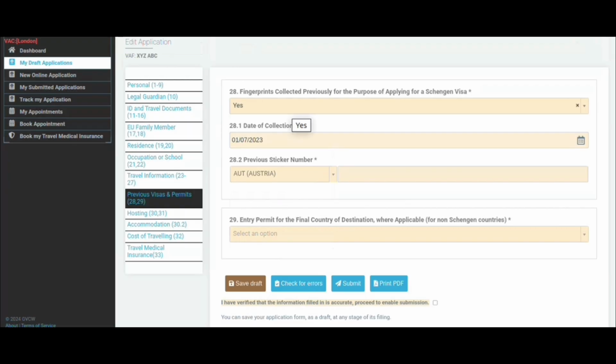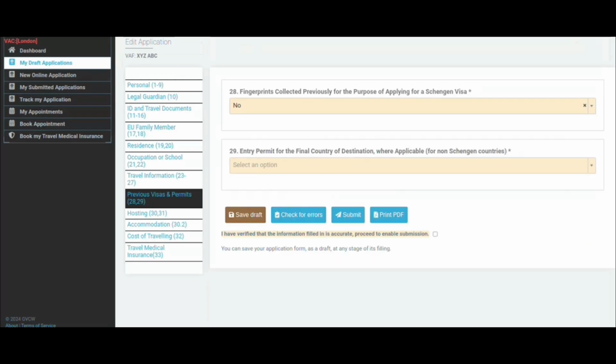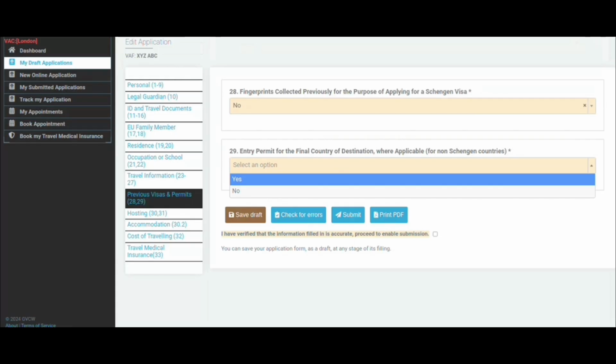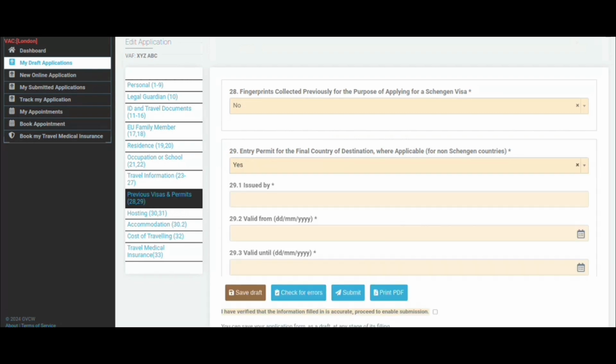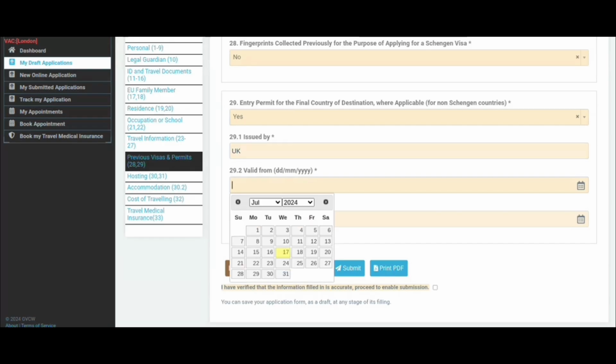Here all the details basically from that previous Schengen visa sticker you can find. And here this option is basically when you are going to Greece and coming back from Greece to United Kingdom. So that means you from Greece, from the Schengen area, you are coming out of the Schengen area. So that's why all the details basically we need to fill